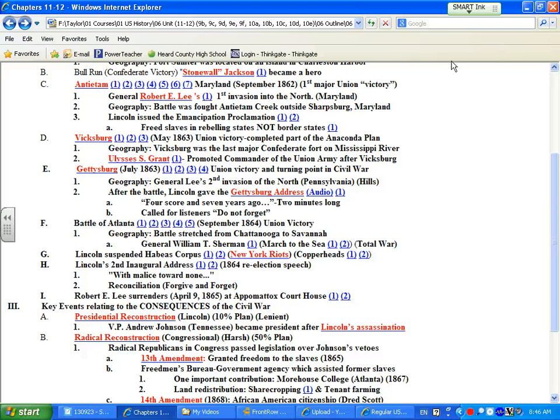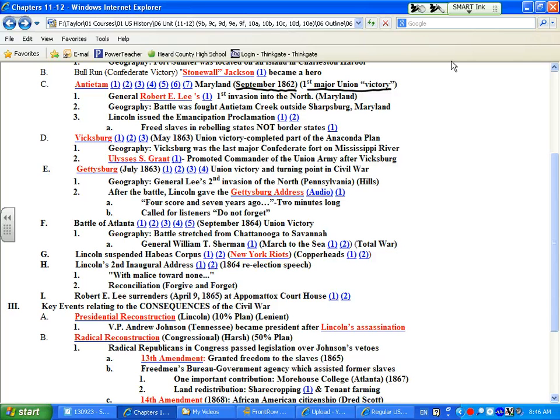The next battle of the Civil War of importance and testable on your unit test and benchmark, big test, and EOCT is the Battle of Antietam. Importance for this battle is that we're a year into the war. This battle occurred in September of 1862, and this is the first major victory of the Union, or the North,